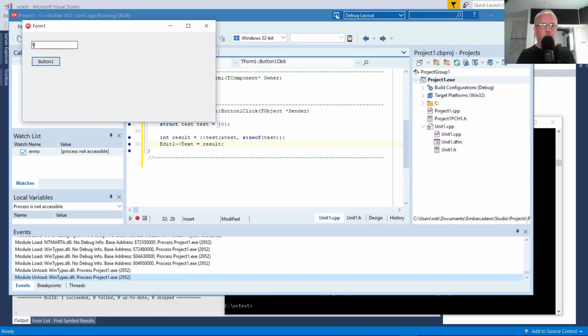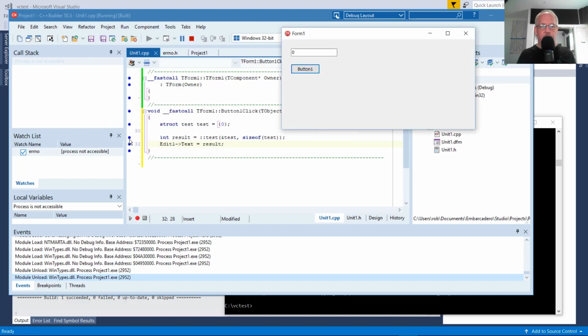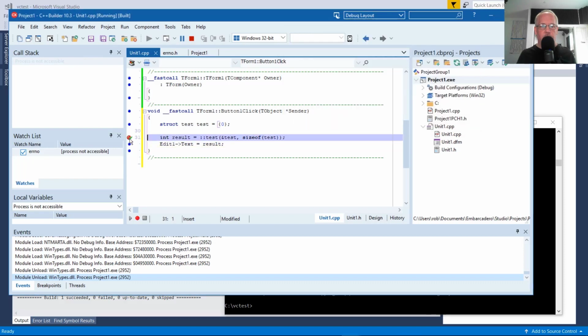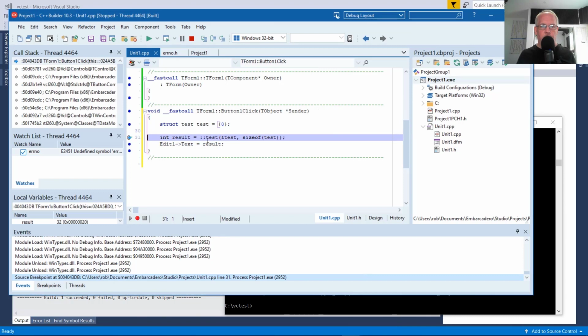Hit test. Oh, look. It says 0. So that's telling us that our test function returns 0, success. We're trusting that the test was actually modified. This test structure was modified. So let's go ahead and put a breakpoint here and click that button again. And then, so if we look at test,